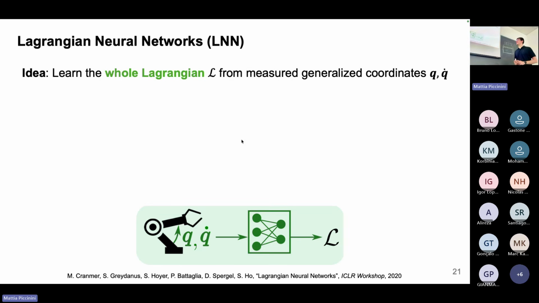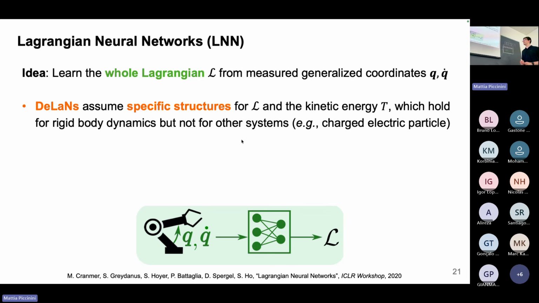In the case before, we had a structure on the Lagrangian: mass matrix times the second derivative of q plus Coriolis plus gravitational. This structure is true for rigid body systems, for rigid body robots,